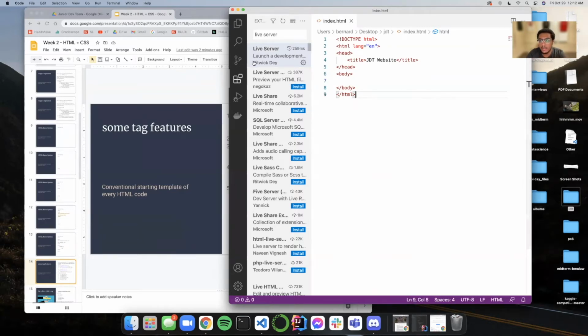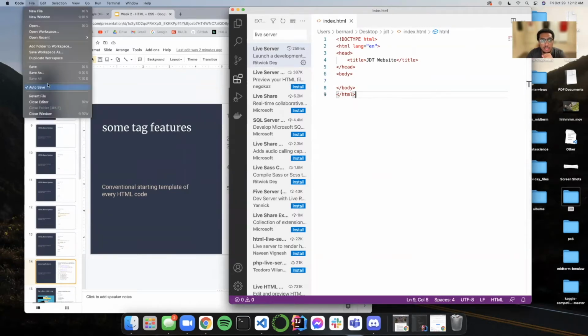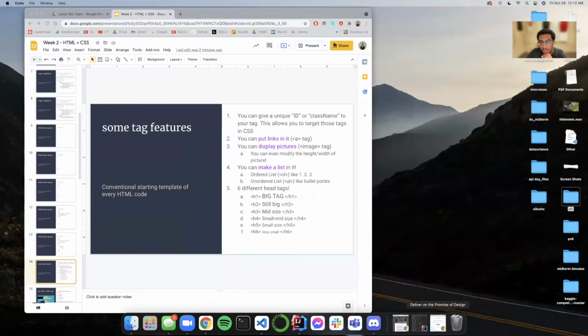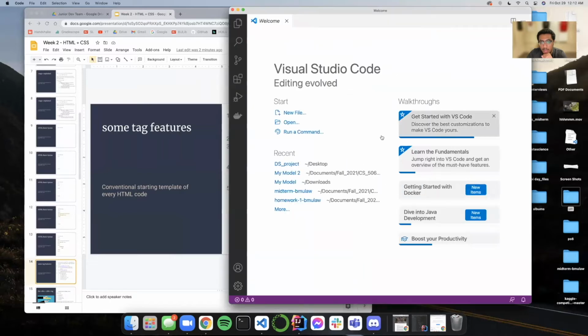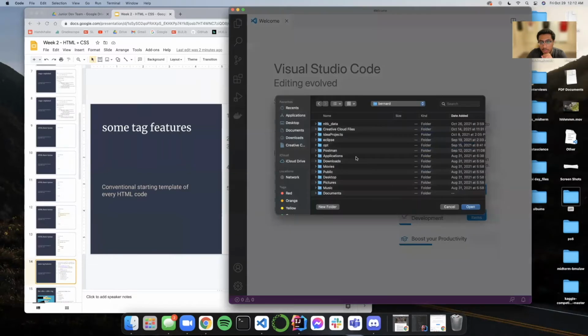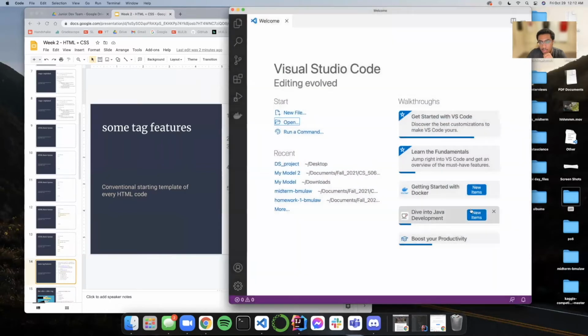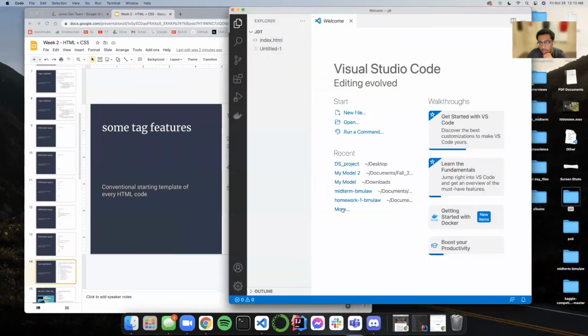You want to make sure that your autosave is on, and you don't see it now, but if you close your VS Code, open up again, open folder, and open up where you saved the HTML. I saved it in my JDT folder on my desktop. You open it, and you should see on the bottom right, there's this option that says Go Live. When you press Go Live, voila,